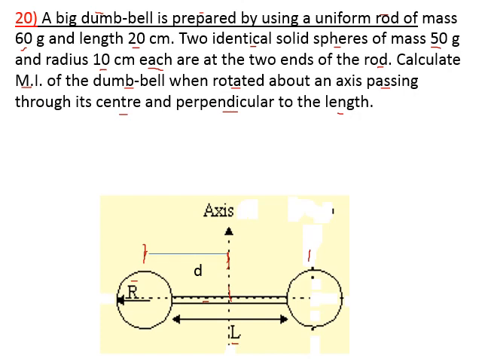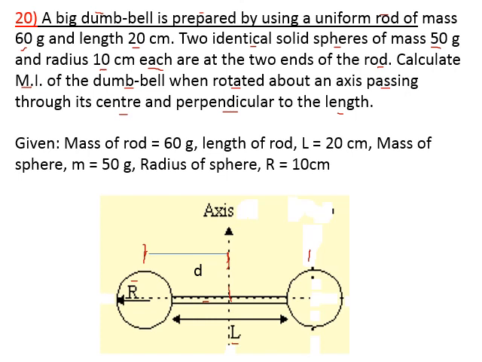For this purpose, now see, start from data. First, mass is given. Mass of rod is 60. Now, though it is given in CGS, gram or 20 centimeter, keep it in CGS system only, not necessary to convert it in SI system. But mind here, all quantities must be in the CGS system only. It is not necessary to use MKS or SI, but all quantities must be in one system. Mass of the rod, length of the rod, mass of the sphere, radius of the sphere, these four things are given and this is supposed to be data.